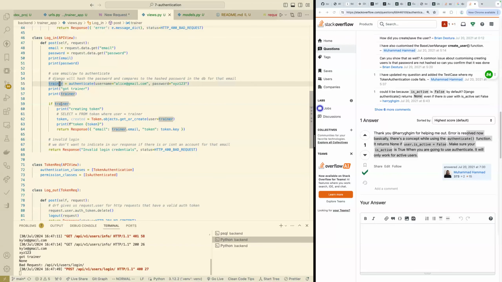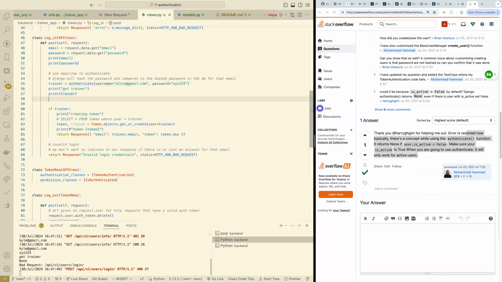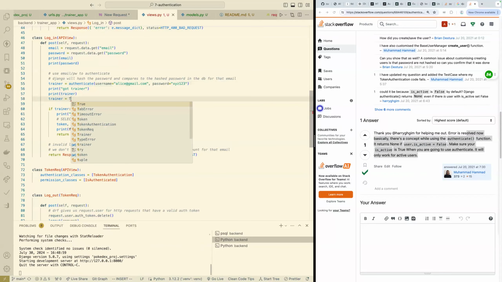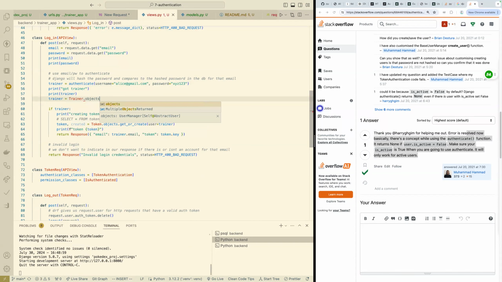But once it does give us back the user, and in fact, just to fake this, to get this working, I'm going to do this. Trainer objects get email equals email. Right? Let's just fake this so we can see this token part working. Where once we have the trainer,